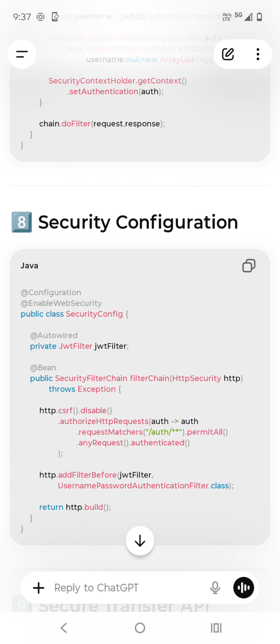And here, in the security configuration, we also need another class, the security configuration. What it will do, see, we are authorizing all the requests. Whatever request has an endpoint like /auth/**, it will be authenticated.